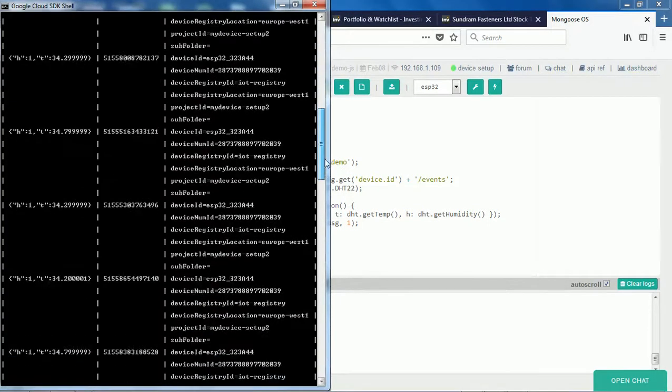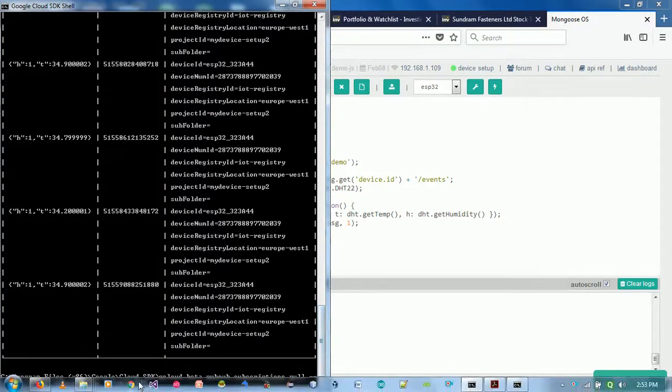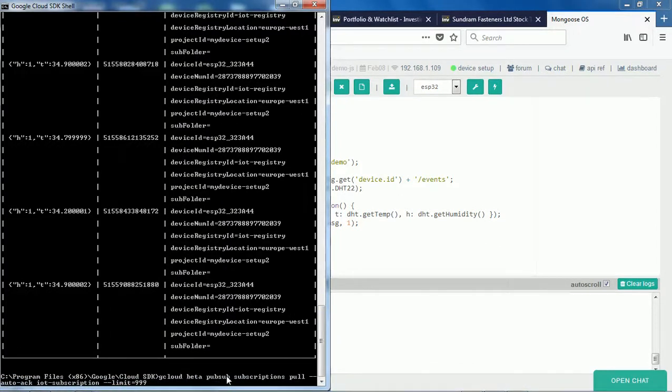If you look at the command that I just executed, let me show you the command. Here this is Google PubSub. I'm trying to publish the temperature topic and humidity topic, and then I'm trying to pull that. There is a subscription for this particular topic. IoT subscription is the name, and then the limit is 999 messages. So this is about the experiment which is related to the temperature and humidity.